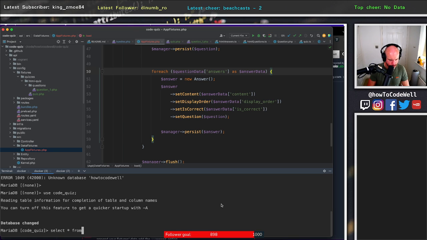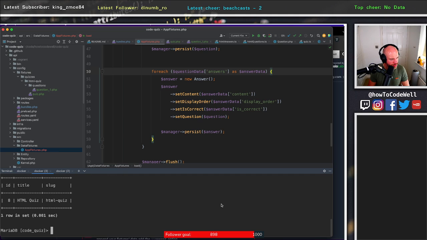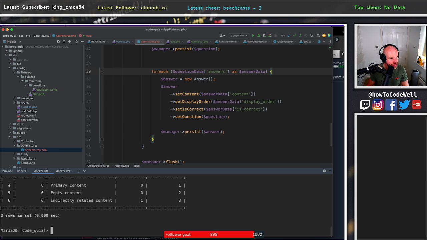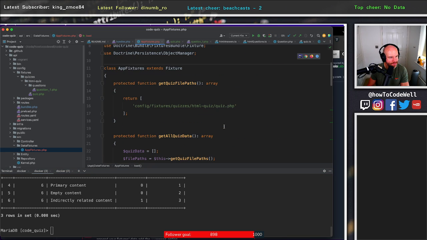Select all from quiz. Yes, so that is the quiz that we've just added. And then select all from question. We should have one question, sorry, and we should have 3 answers. So select all from answer. Yes, that is correct. So that's now running, and we now have the ability to create more quizzes and more questions,